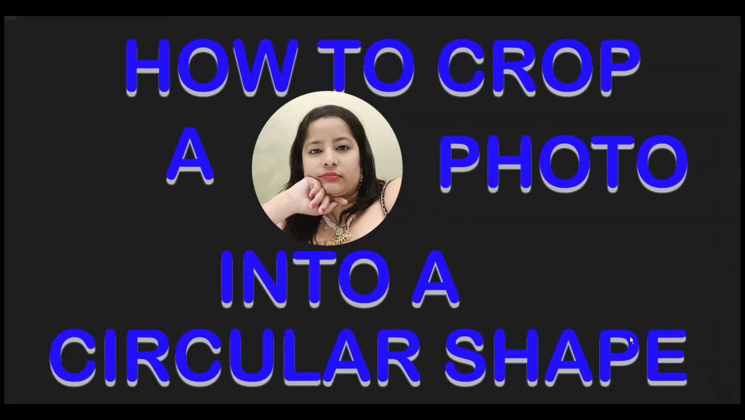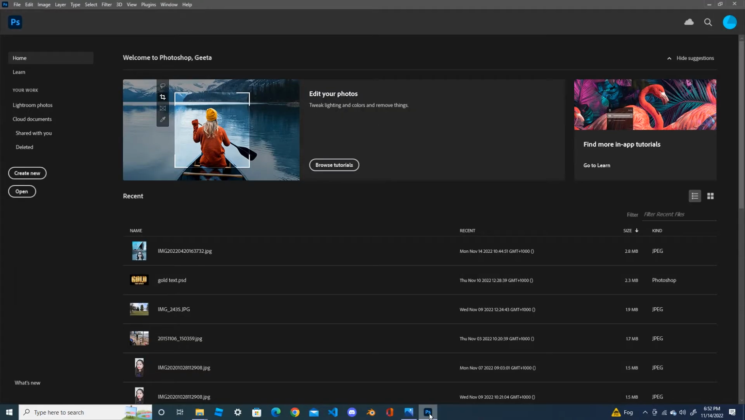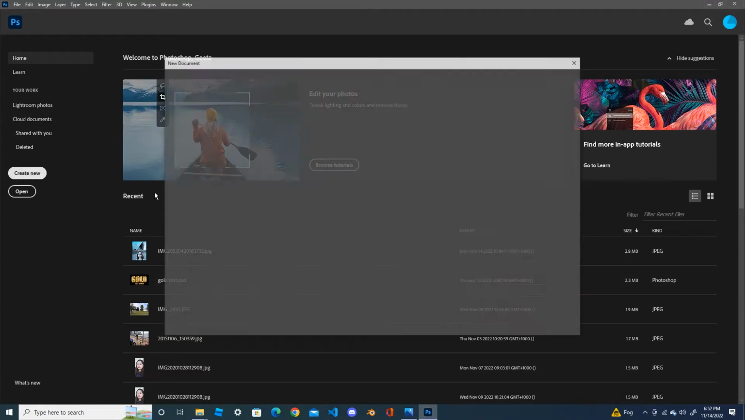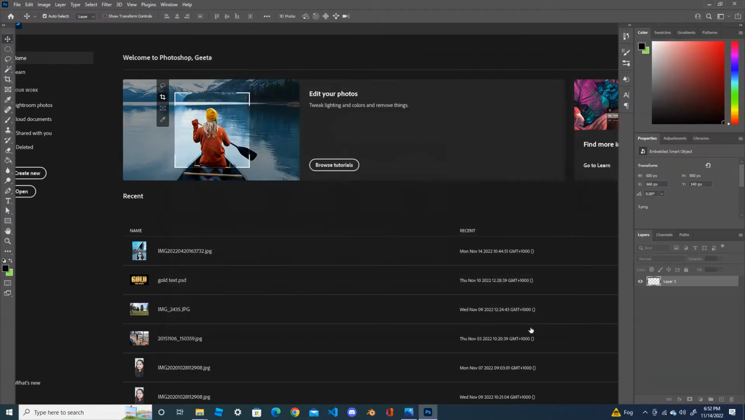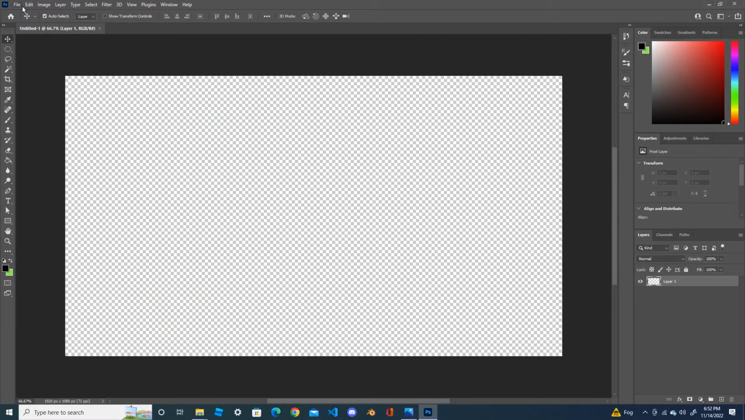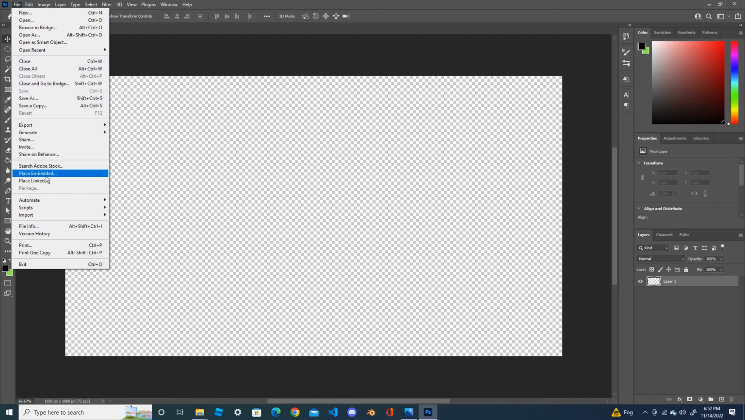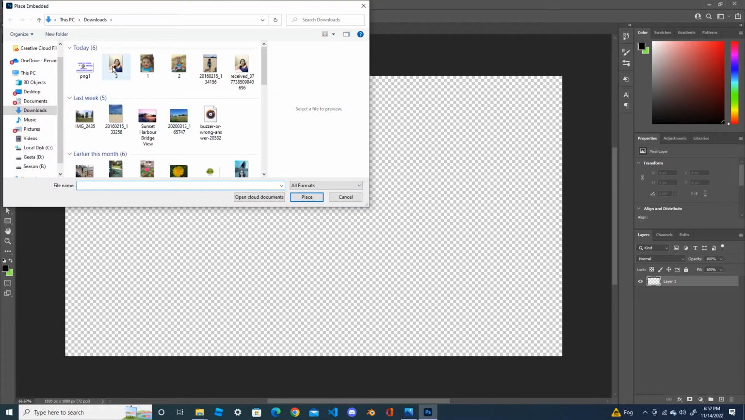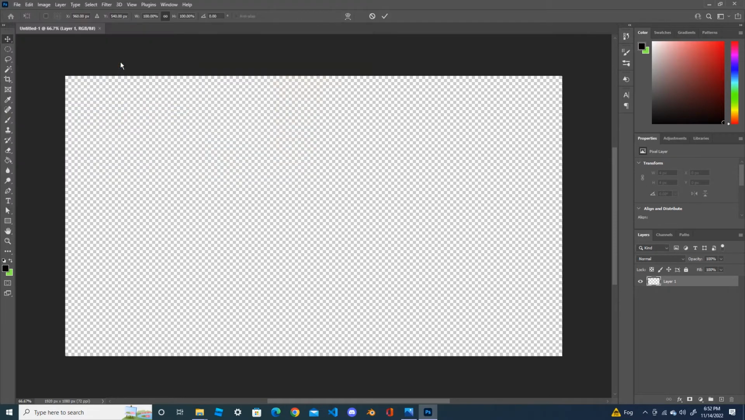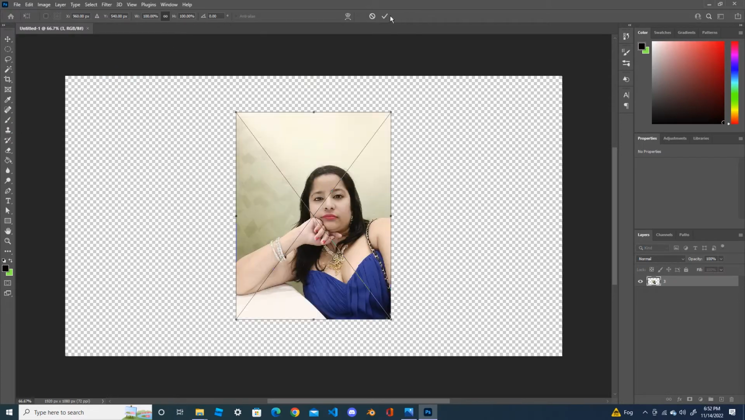Today I'm gonna show you how to crop a photo into a circular shape. Let's begin. First, create a new document with a transparent background and bring your image here: File, Place Image. Bring one image here. Here you can see